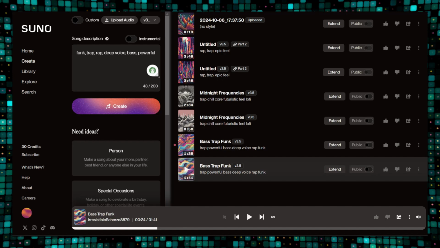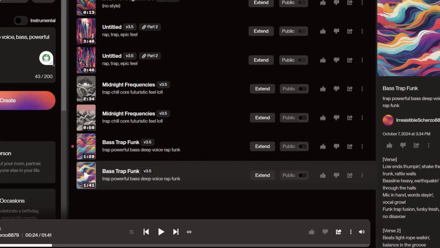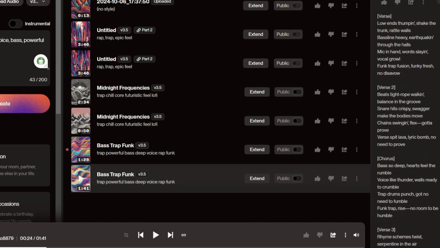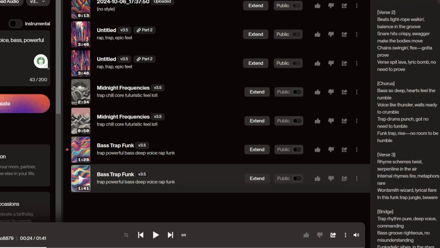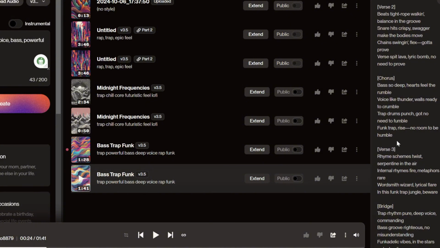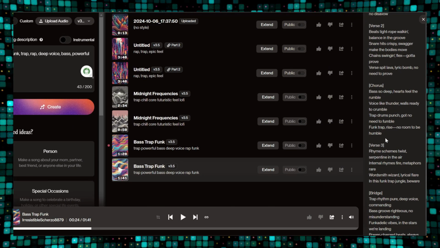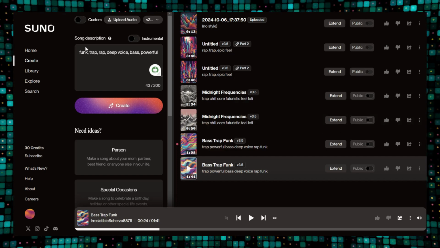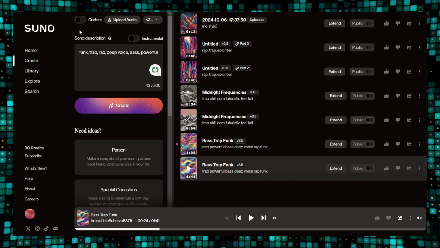So it did a pretty awesome job with that. And you can actually see the lyrics over here on this side where it's written out a full lyrics with verses and chorus for this song. And that is how it is generating all of the words for this. So now you've got all the basics that you need to start creating some awesome songs. But let me show you a few of the other options that you have.